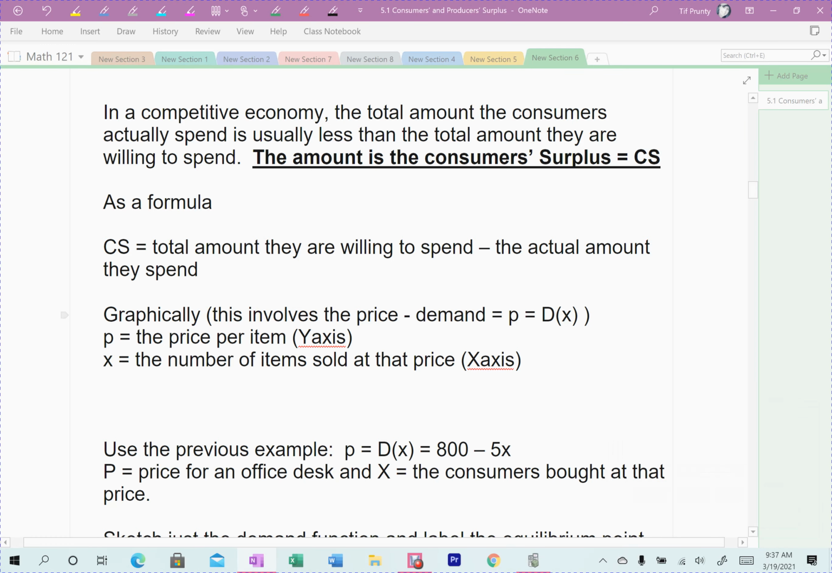All right, so what we want to get to is we'll find equilibrium, and what we're looking for is what's called consumer surplus and producer surplus. So in a competitive, and we're going to keep it competitive and small, economy, the total amount that the consumers are actually willing to spend is usually more than the amount they actually spend, right? Sometimes you go and you buy an item,